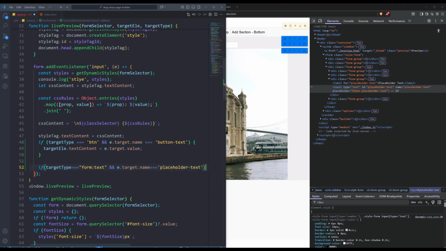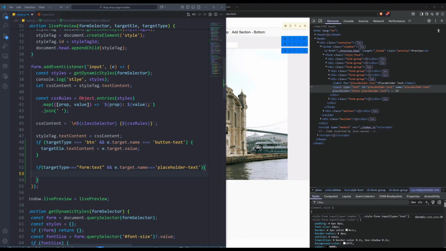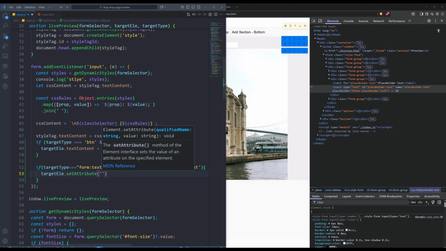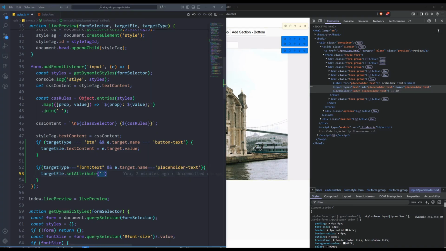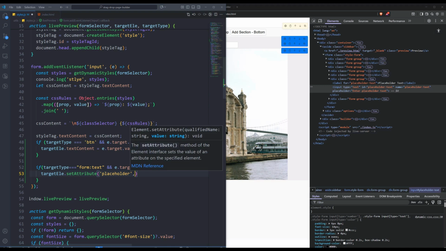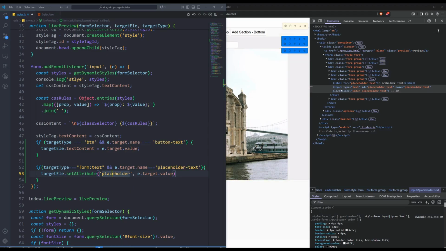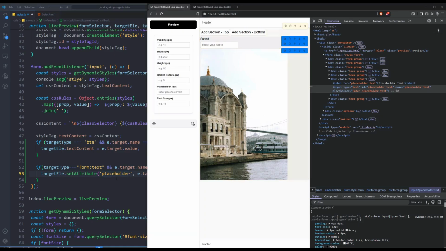So if this condition is true, we can update the target element and set its attribute. Now this is an attribute because it's not some text content, it is an attribute, which is this one, placeholder. So this placeholder we will target and update this attribute's value to target.value. So as we change the value for this input field, it will update its attribute. So if I save it